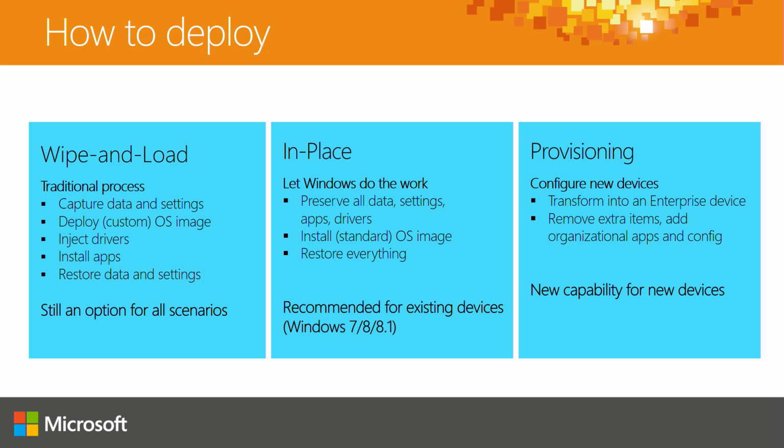And it has limitations. We've talked with customers who want to provide their employees choice. They want to let them choose what kind of PC they should buy for their use at work. So they give them a budget. You can spend up to $2,000 on a PC. Pick what you want. Well, imagine trying to do that type of a scenario with the traditional wipe and load